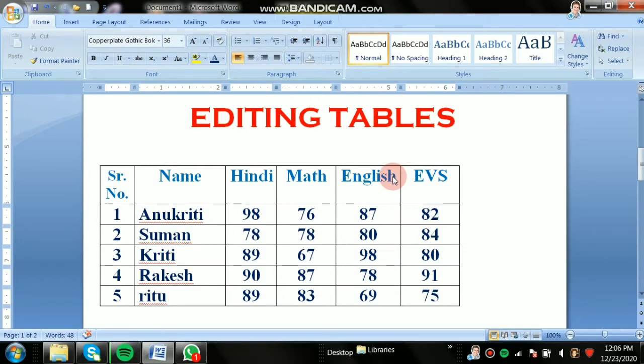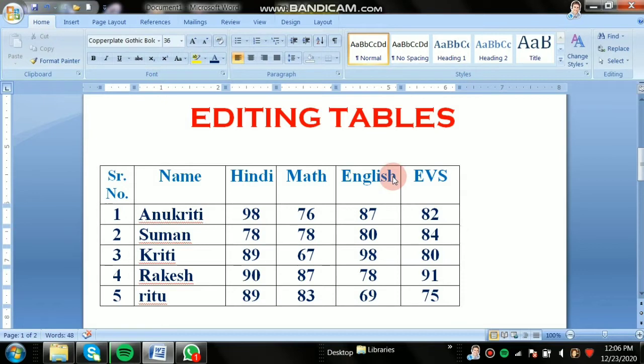After entering data in a table, you can make changes in the data as needed. Like I have made one table with the marks of various subjects of various students, and you can change the marks as well.